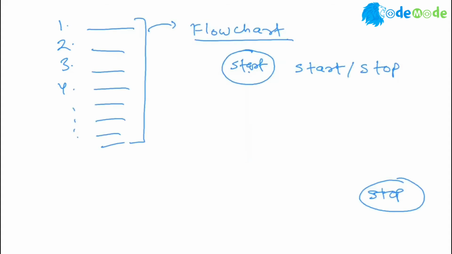I'm going to remove this. I want to show you the arrow you use to connect the steps. The first thing is you must always start a flowchart with an oval that says start, and one oval that says end. Now in between, you write your instructions. You use a parallelogram to accept input or show output. So this is for your input and output.